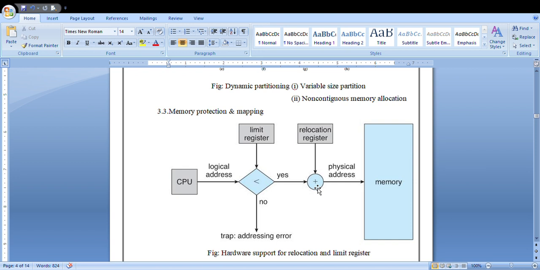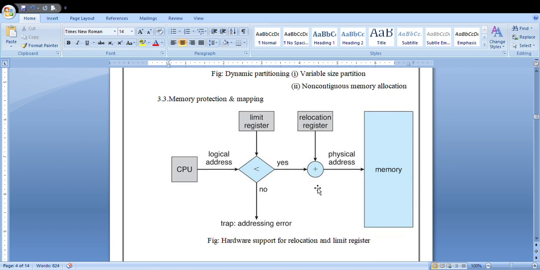If it is less than, then only it will pass on to the relocation register. It will assign some value or the memory location. Once it is assigned, it will be stored in your main memory location. This is how your relocation and limit registers will work for the concern of memory protection and the mapping concept.